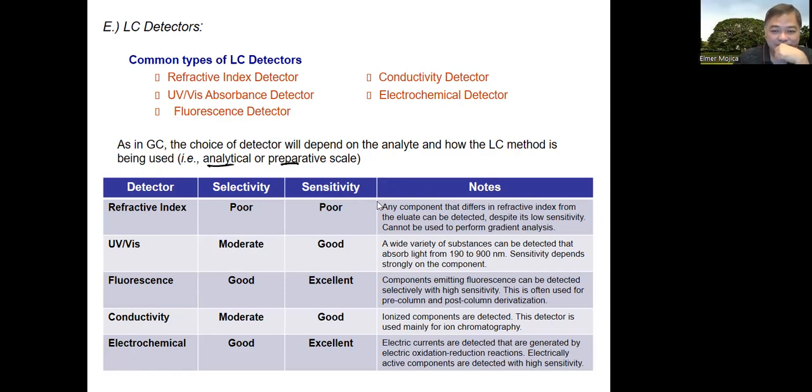Okay. We have that in my other lab. If we're going to look at the detectors that we have, RI, UV-Vis, fluorescence, conductivity, electrochemical, they have their own selectivity and sensitivity. The one that we have there in UPLB when I was working is the